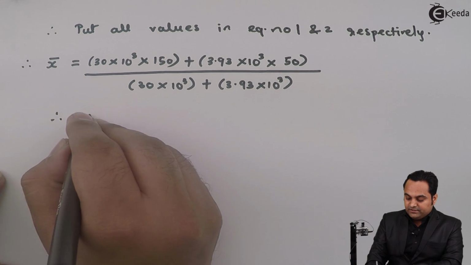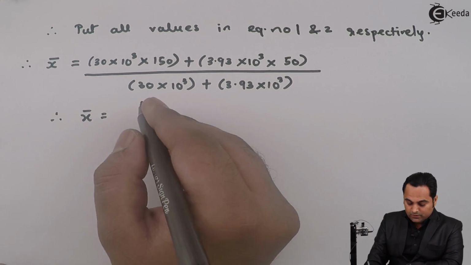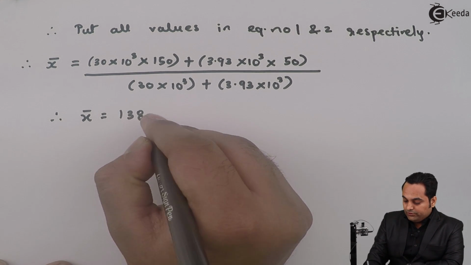So from this I'll get the answer of x bar as 138.42 mm